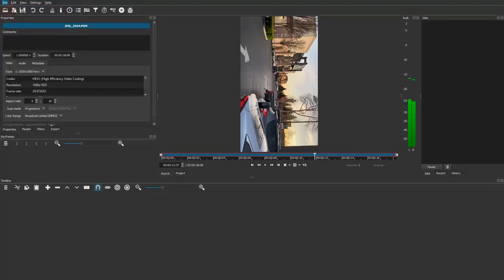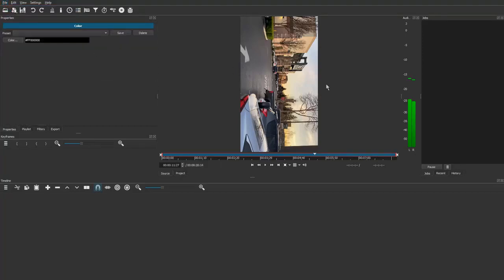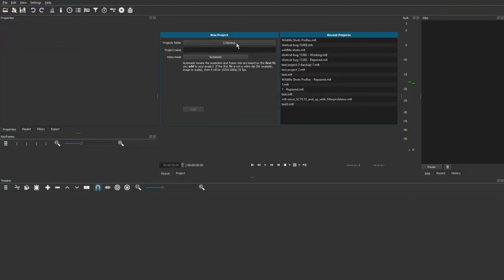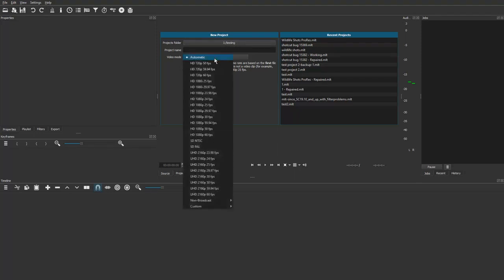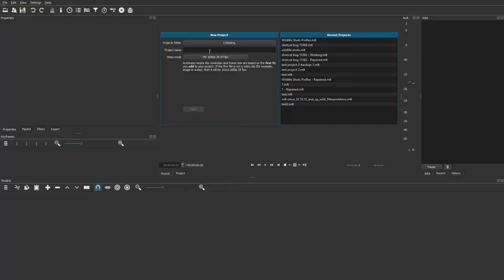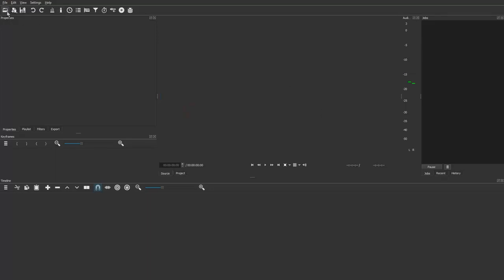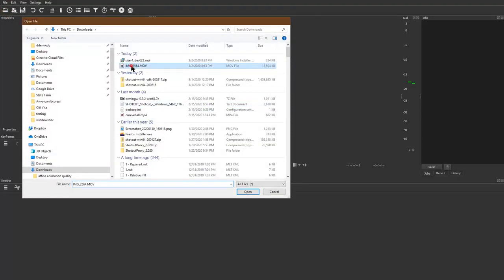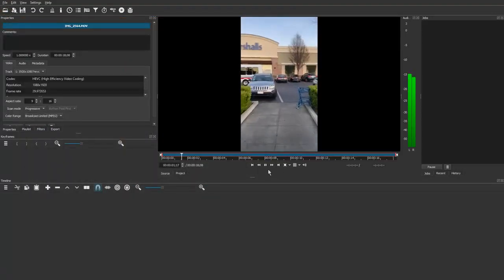So I'll choose File, New, and I'm going to use the new project, and I'm going to change the video mode to 1080p 29.97, since that's what my video was using. And we'll do rotation tutorial as the name of this project, and click start, and again open up that video. Okay,